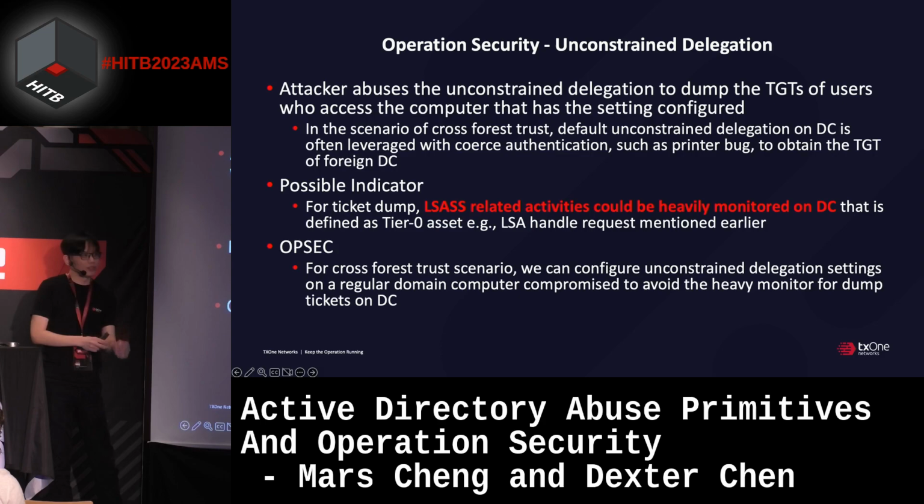Since the DC is always defined as a tier 0 asset, any LSASS activity, like how we are dumping a credential, can be heavily monitored and it just alerts the blue team. So a possible